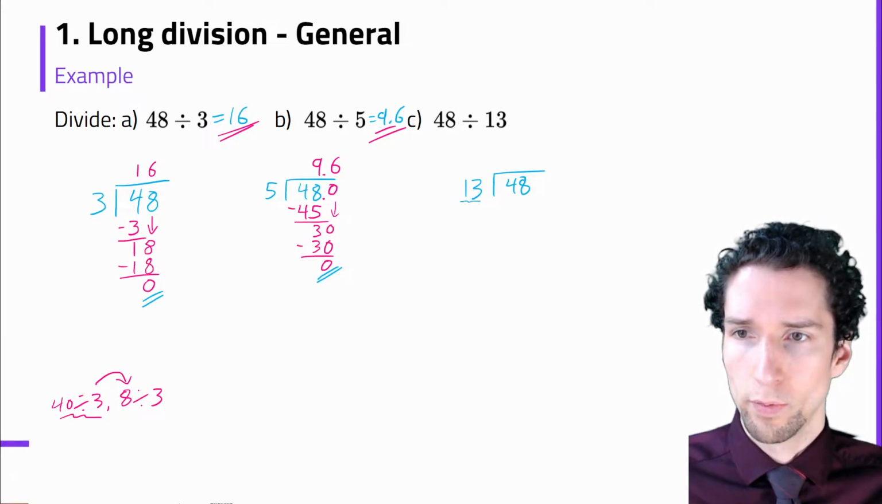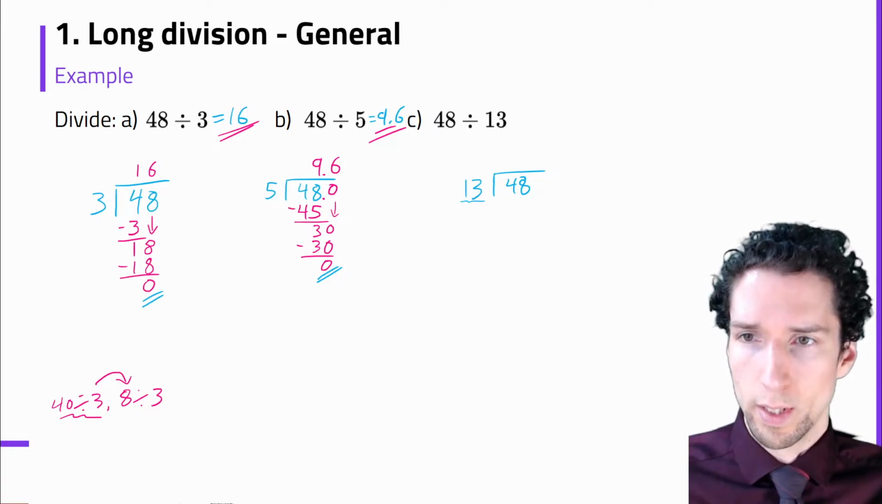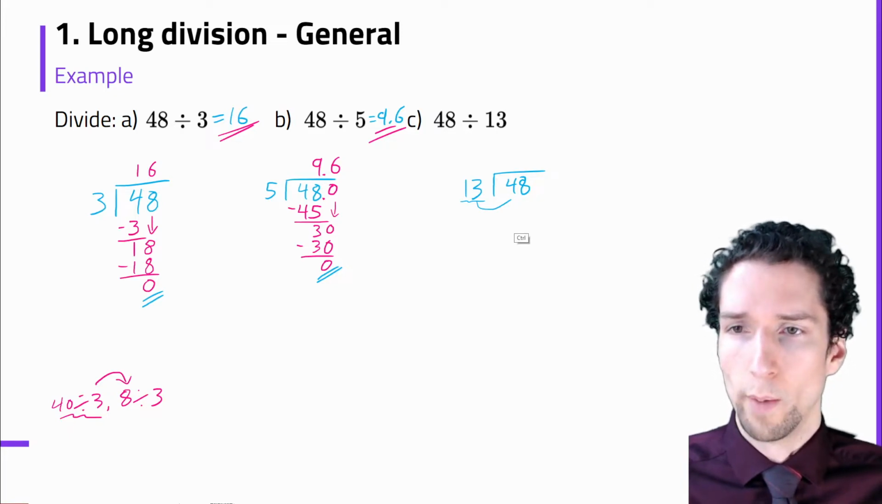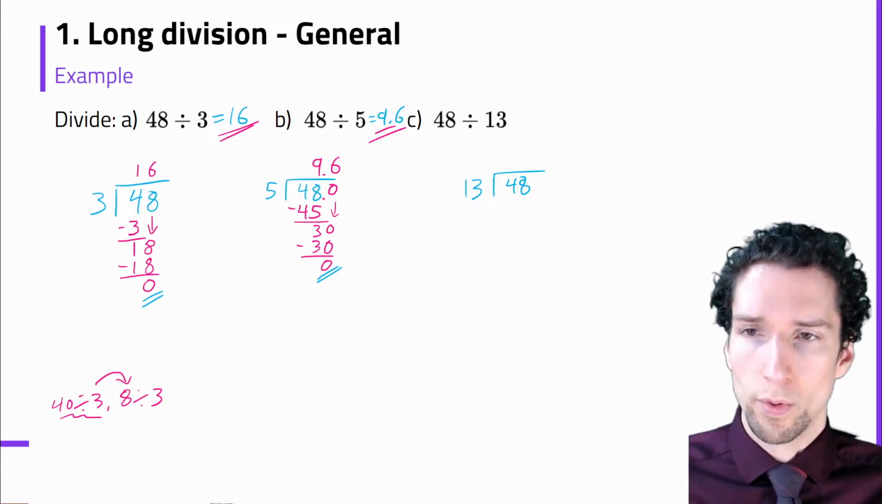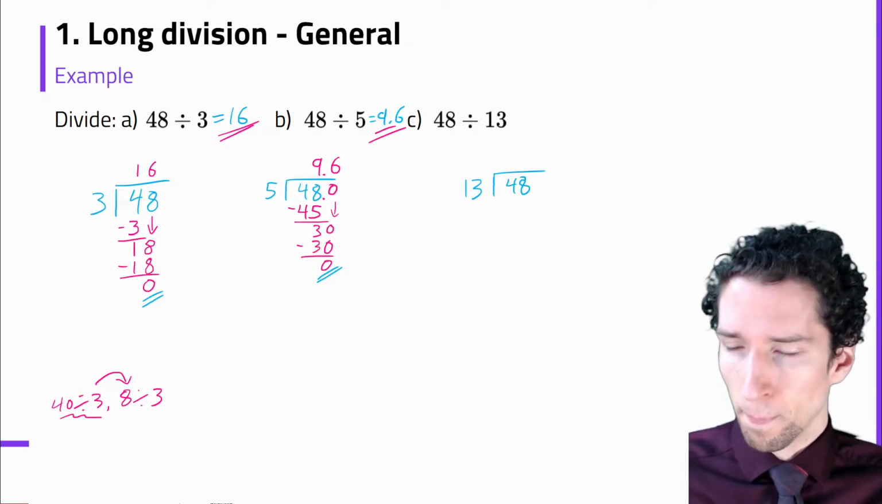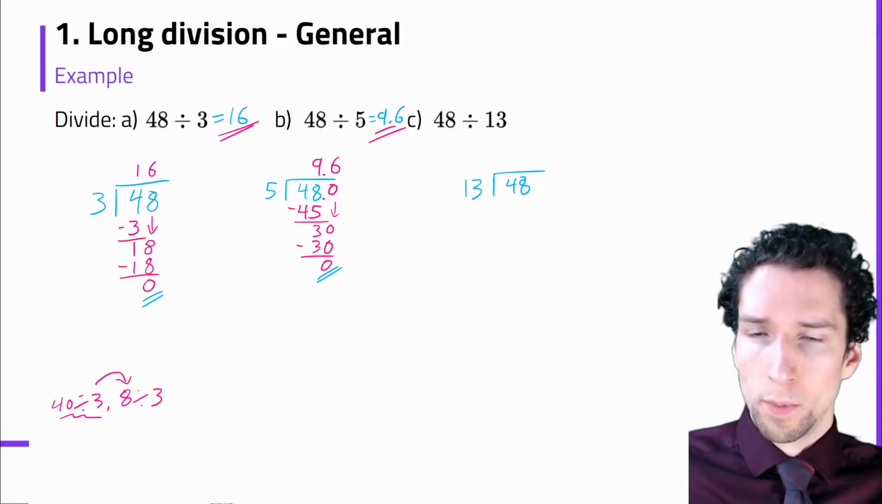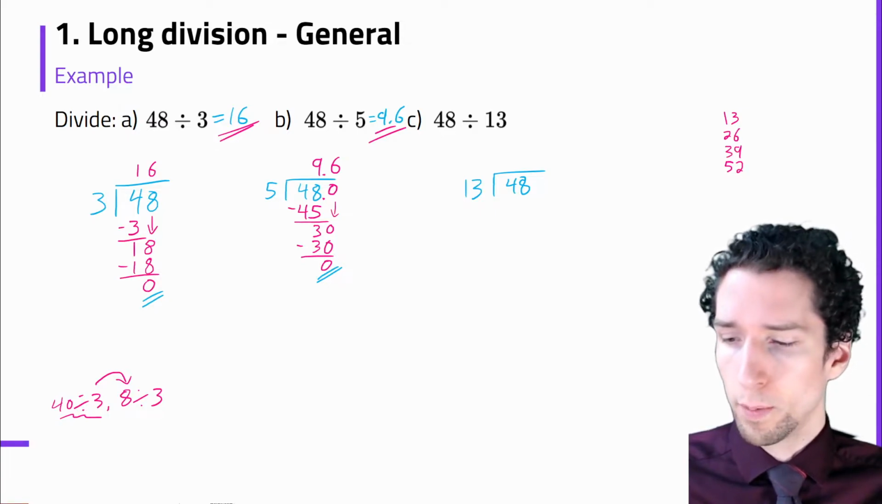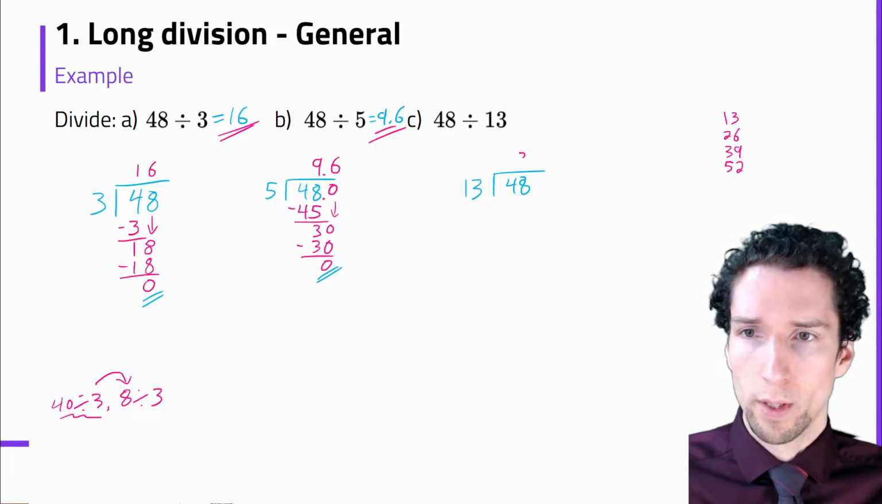Well, 2 digits out front. We have to consider these together. So can 13 go into 4? Well, no, obviously. So we have to do 13 into 48. All right, so 13 times 2 would be 26, times 3 would be 39, but times 4 would be 52. So 13 can go into 48 3 times, but not 4 times, so that will give us 3,